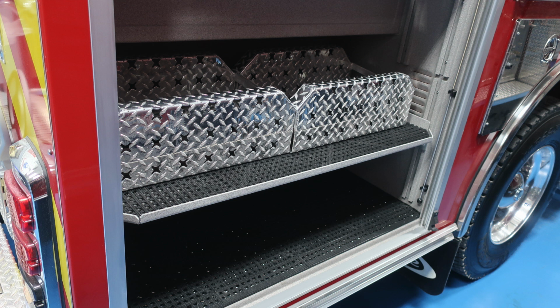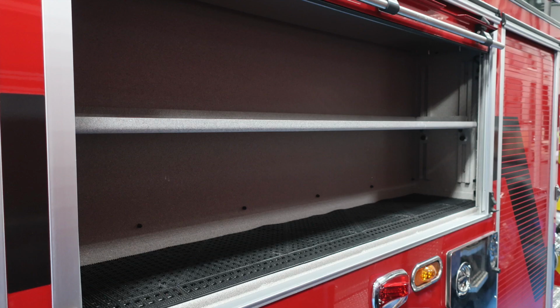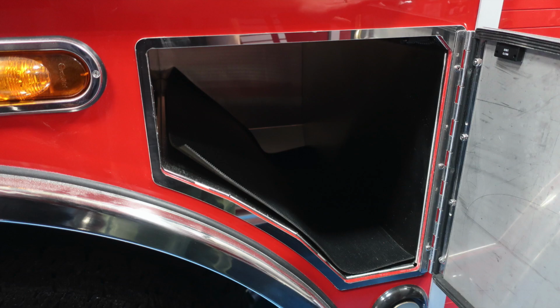Let's go ahead and move just forward of this location. Just behind the rear wheel is where you're going to find SCBA bottle storage location here. Moving to the center compartment over the rear wheel, you'll find dry deck material, adjustable shelving. And just to the forward section of the rear axle is where you'll find additional bottle